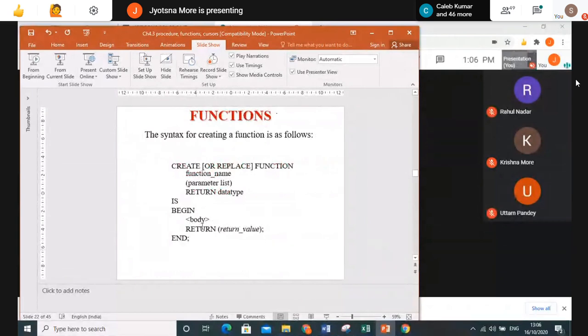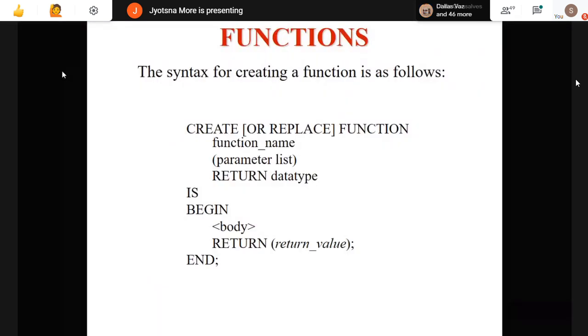This is the syntax for the function. Create or replace, which is optional, function, name of the function, with whatever parameter list, the same as the procedure, and here we have the return data type. There we write the variable name with the data type completely, but here you write only the return data type, no name of the column.